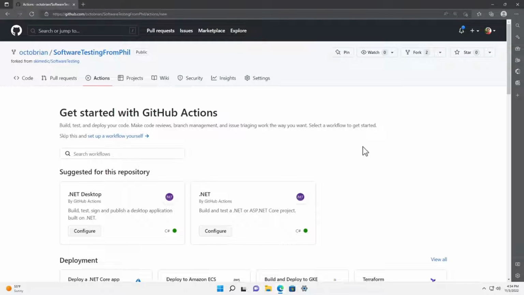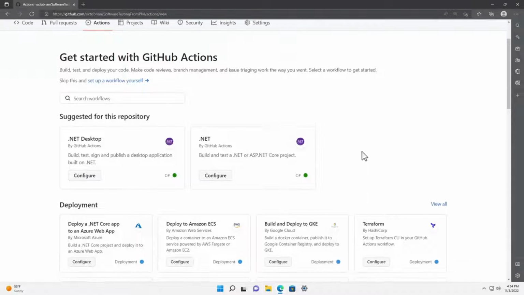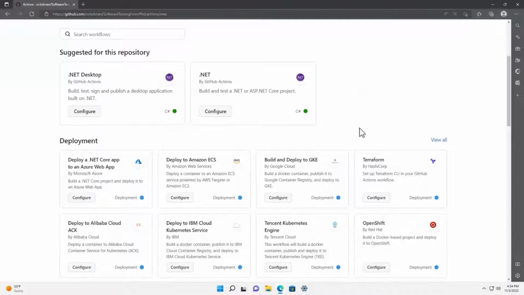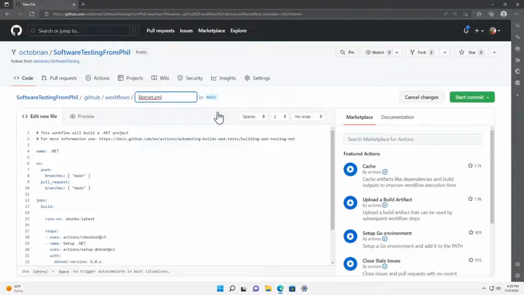And right away, we want to get you started easily. And so you'll notice it says, hey, we looked inside your repo, and we think you have some .NET code. You might have a bunch of other things in here, but this is just what we're guessing on. And you'll notice we have one here, build and test a .NET or ASP.NET Core project with C#, rock and roll. So I'll click Configure.